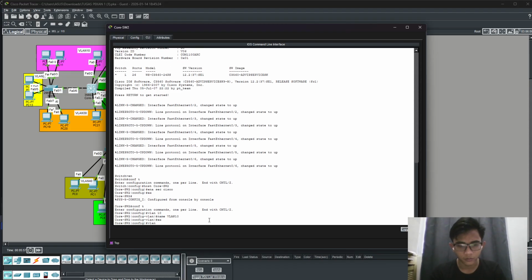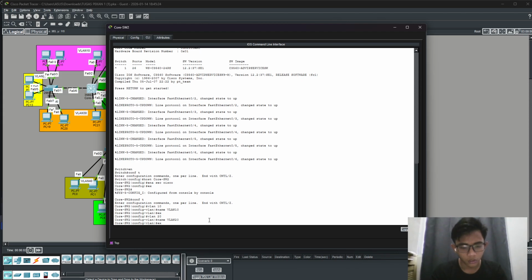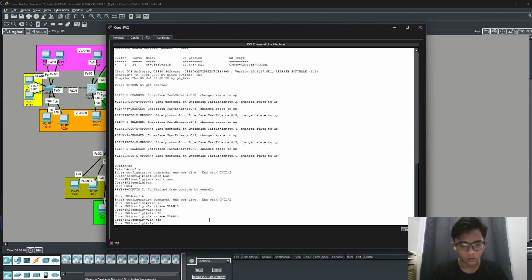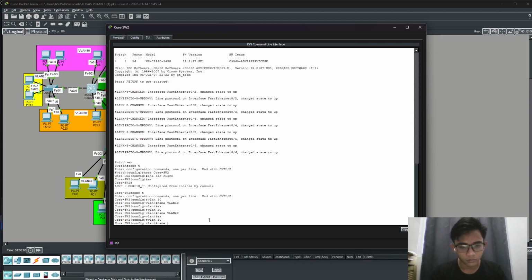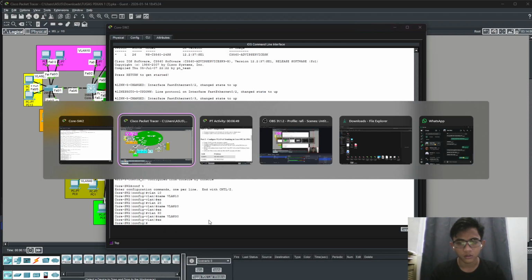Exit. VLAN 20, name VLAN20. Exit. VLAN 30, name VLAN30, exit. Okay, next.